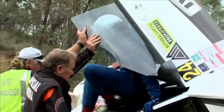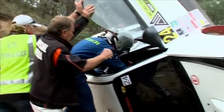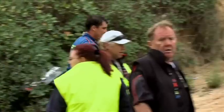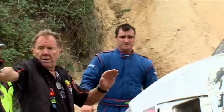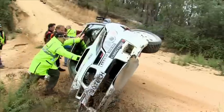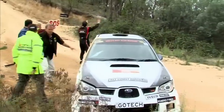Gotch and McCarthy walk away from the 7G impact, testimony to the stringent regulations on safety protection inside rally cars. Dunko was on the spot to chat with the driver. I can remember spectating here as a kid and watching you and Greg Carr come over in the Lancer and that,